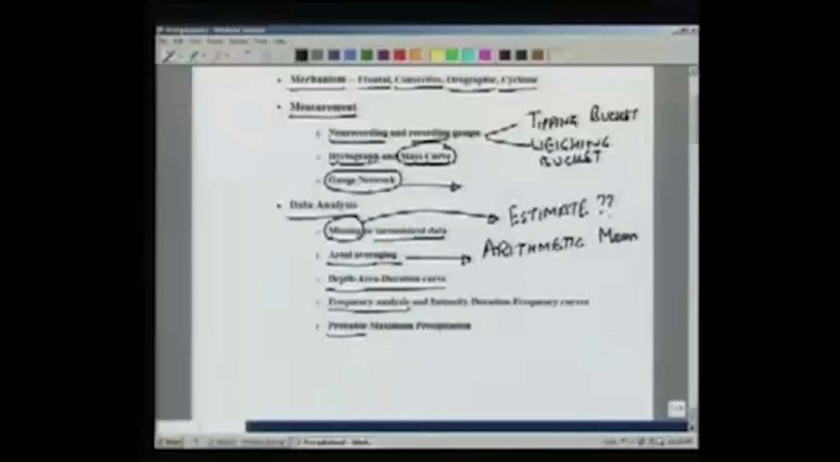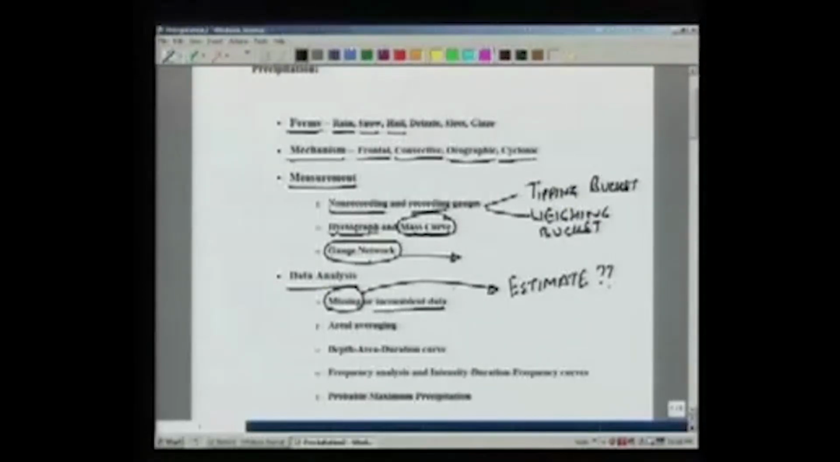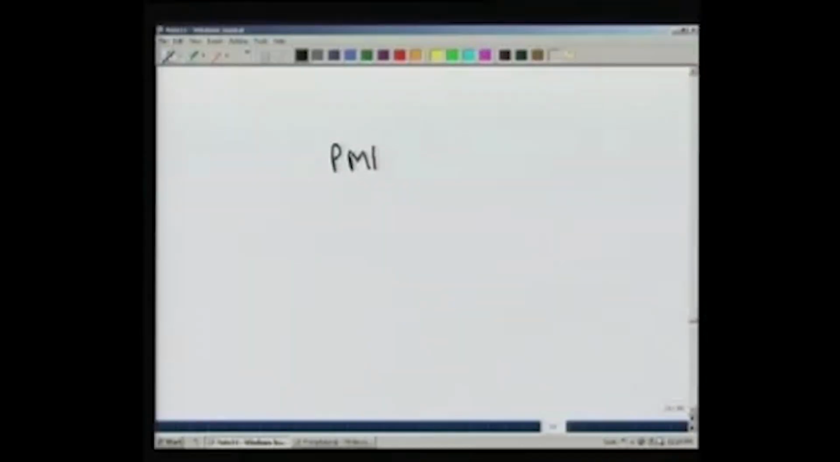And related to this, there is a concept of probable maximum precipitation which can occur over a given area, and this probable maximum precipitation is used in very extreme cases where we have to design something which is very critical. For example, a large dam, the failure of which will be catastrophic. So in that case, we can find out what is the PMP, the probable maximum precipitation, which is typically written as some